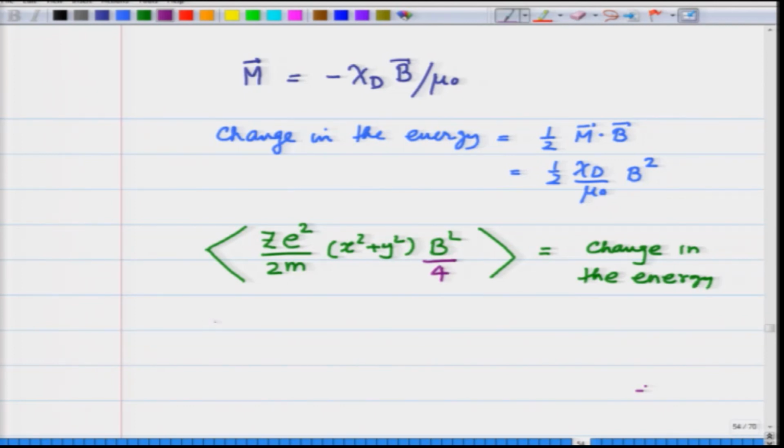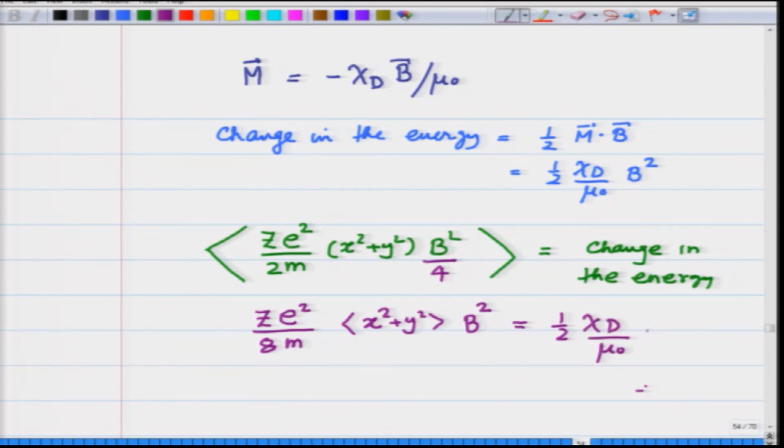So, which I can write as z, a constant number, e square, a constant number, divided by 8 m, expectation value of x square plus y square of the system times b square. That will be the change in energy, and this should be equal to 1/2 chi diamagnetic over mu 0 times b square, and this immediately gives me, if I cancel b square,